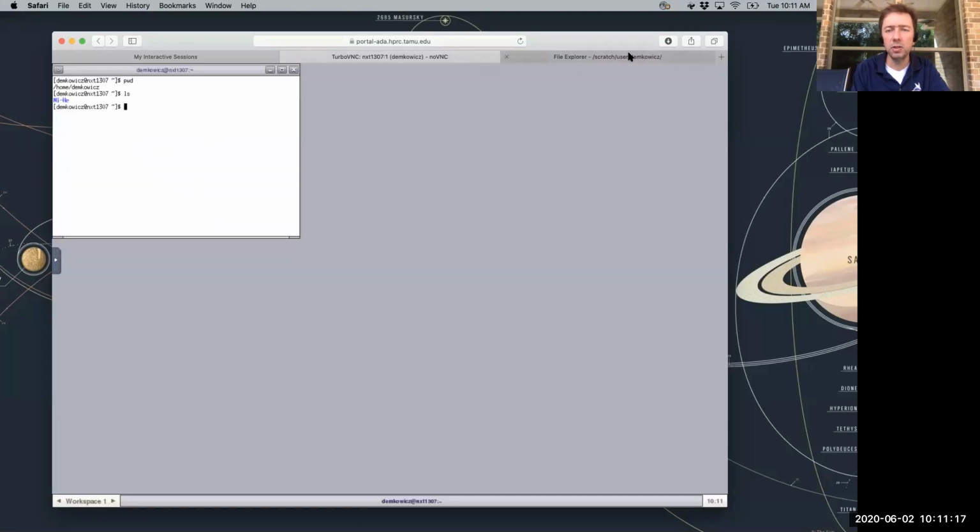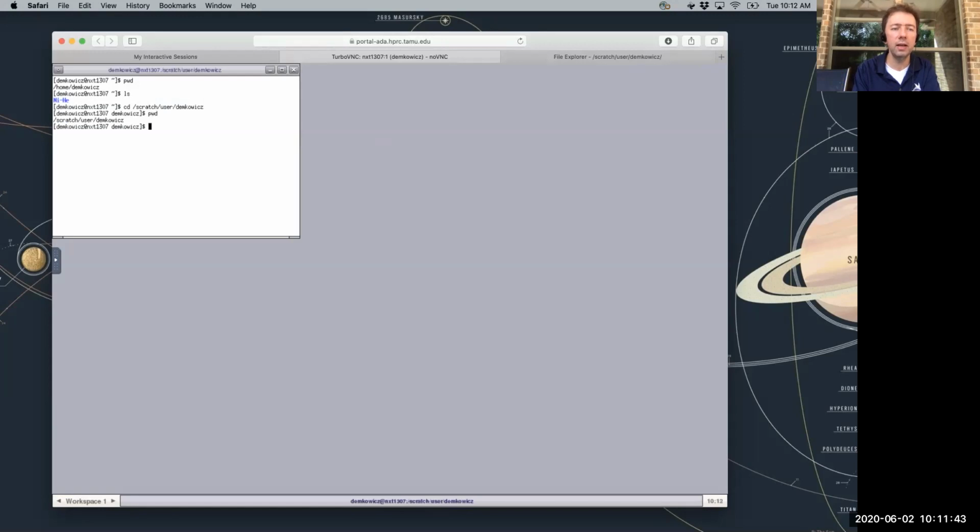What I need to do to see these files, I have to move to my scratch directory. So let me do that. cd means change directory. I type scratch. You remember the name of that directory was scratch slash user slash your net ID, okay? So scratch slash user slash my net ID. There I go. And when I press return, I've changed my location.